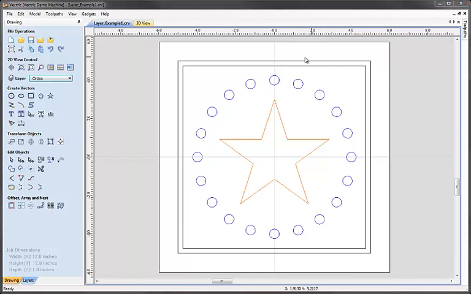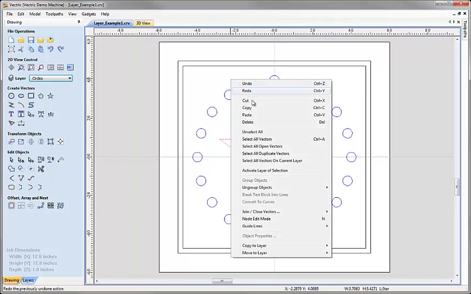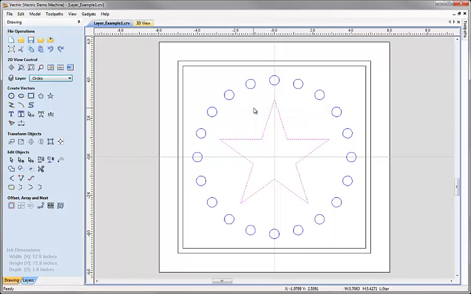Before we do close this file, I would like to show you one exception to a rule that I mentioned earlier, whereby when we create a new vector, it's always put onto the current active layer. When we make a copy of a vector, there's two ways to do it. One is to select the object, right mouse click, choose copy from the copy menu, or we could use Ctrl+C on the keyboard, and then if we right mouse click and paste that, that will paste a copy of that